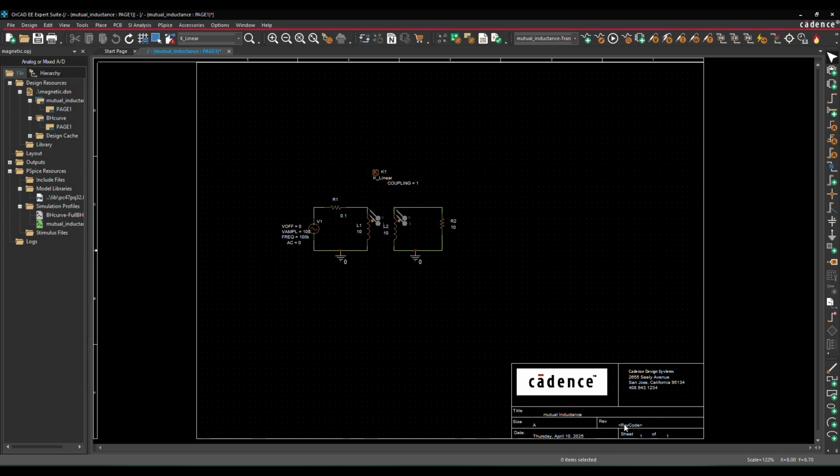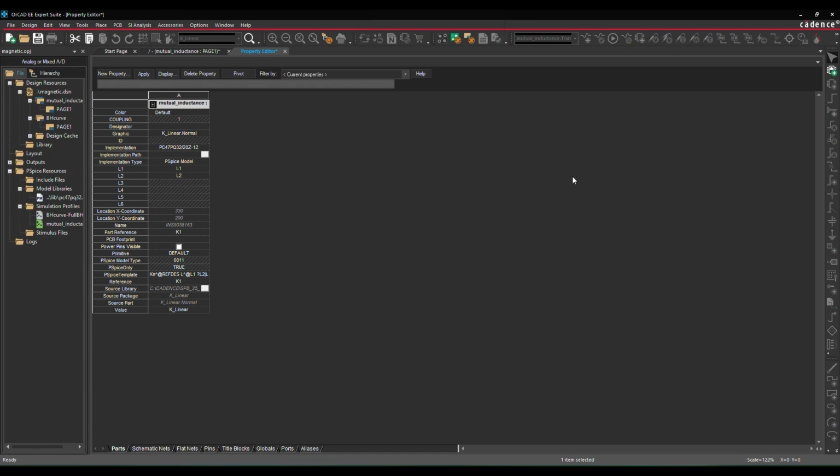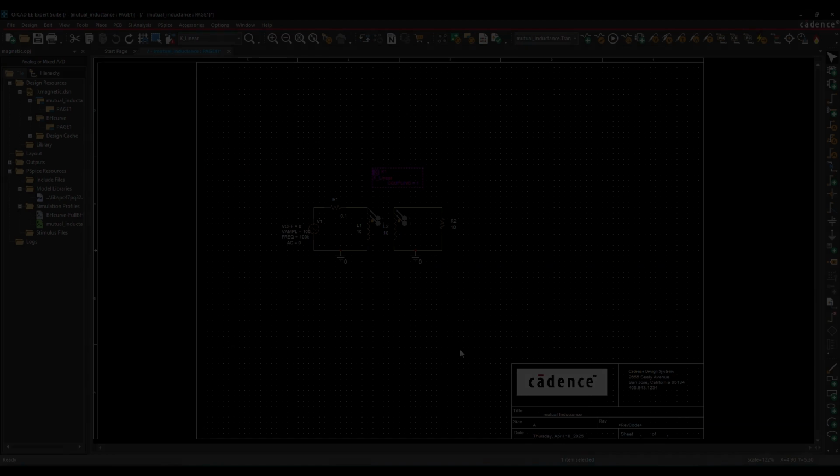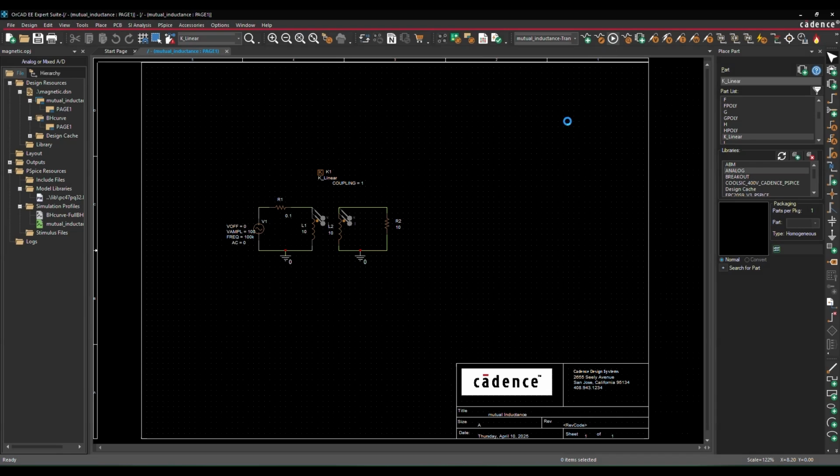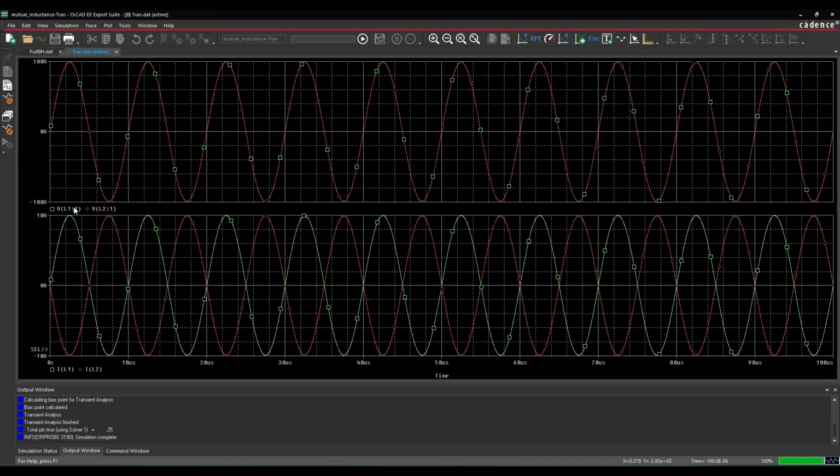Here is another circuit configuration where a sinusoidal voltage powers an RL load with an additional RL circuit included. The K part contains the ferrite core model and couples the inductors L1 and L2. Run the transient simulation. The PSpice plot will display the inductor currents on the bottom plot and the inductor voltages